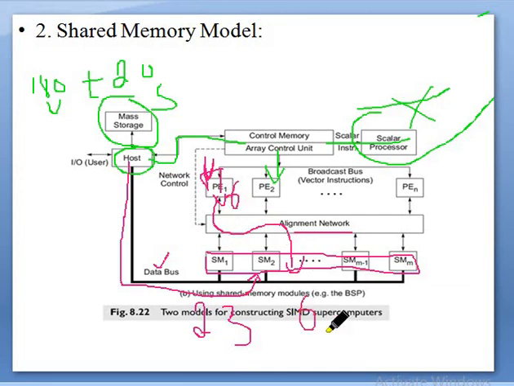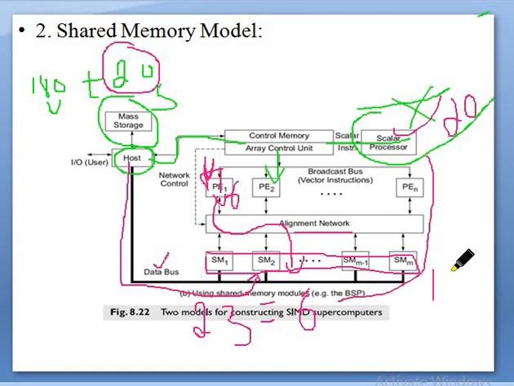So 6 is the new value, the result of the product of 2 and 3. Like that each activity will take place. These 20 instructions will execute here because they are scalar. The 180 vector instructions will execute in this part according to our assumption. Data is transmitted from this data bus to the shared memory.